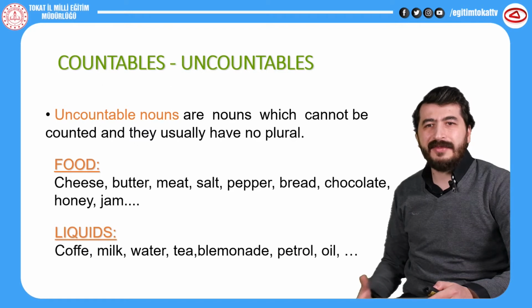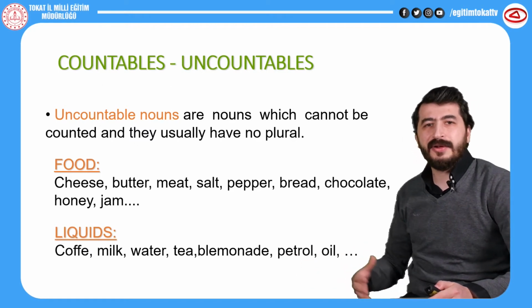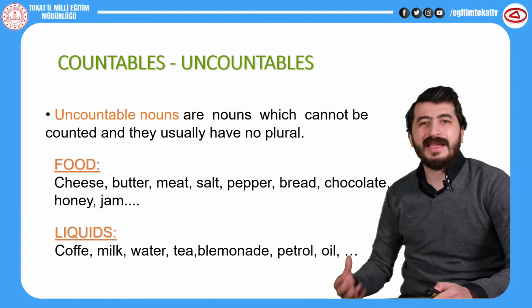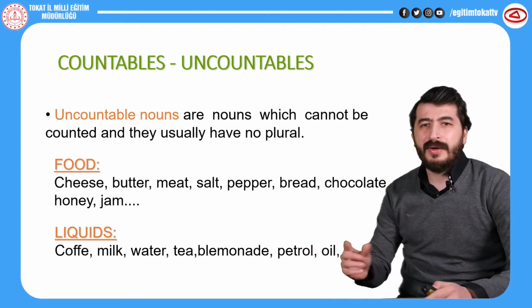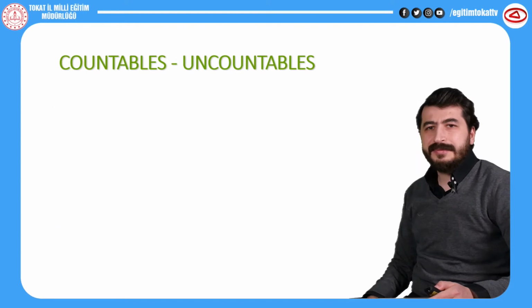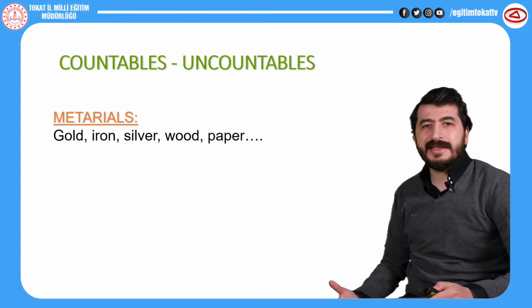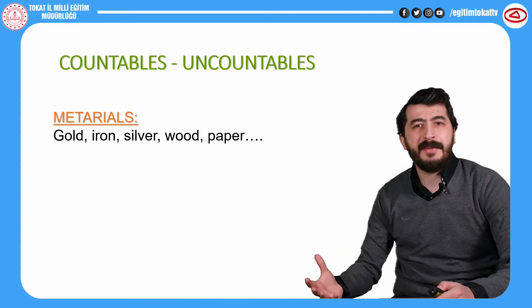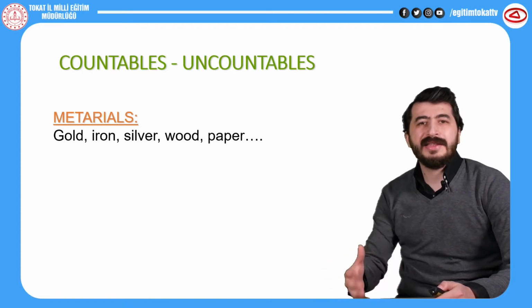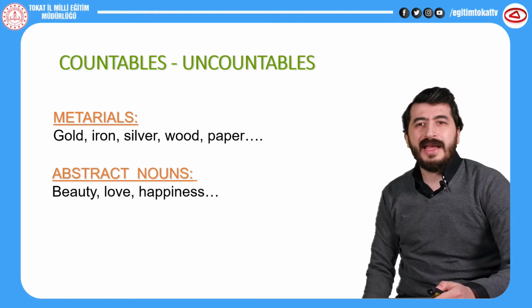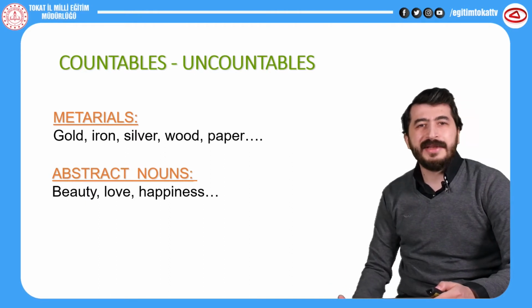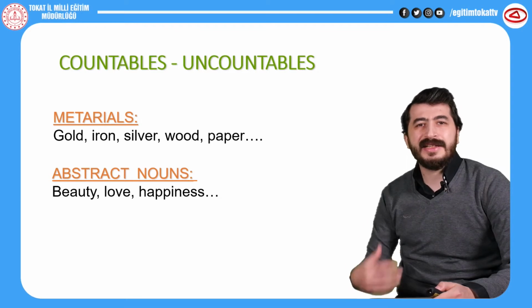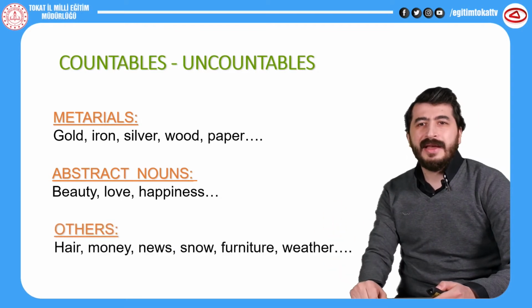Liquids, like coffee, milk, water, tea, lemonade, petrol, oil. We can't say a tea, no. We will try to learn. And materials like gold, iron, silver, wood, paper, they are not plural. And abstract nouns, beauty, love, happiness, they are not countable. And the other